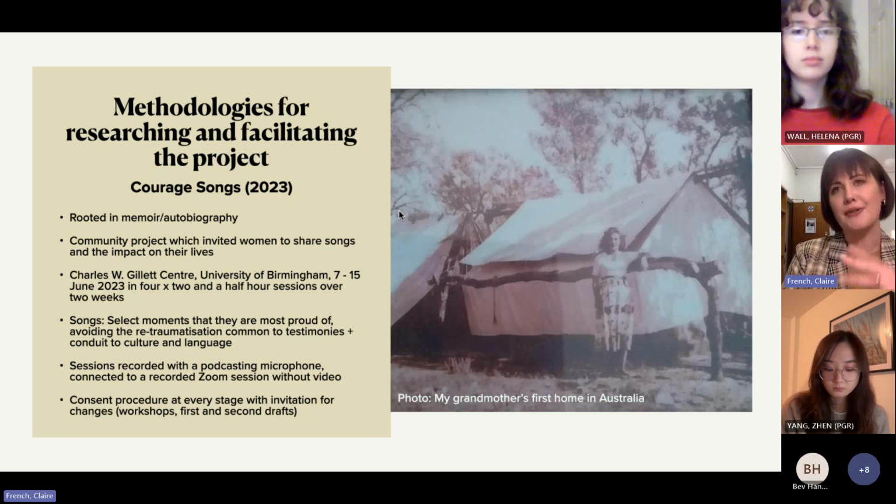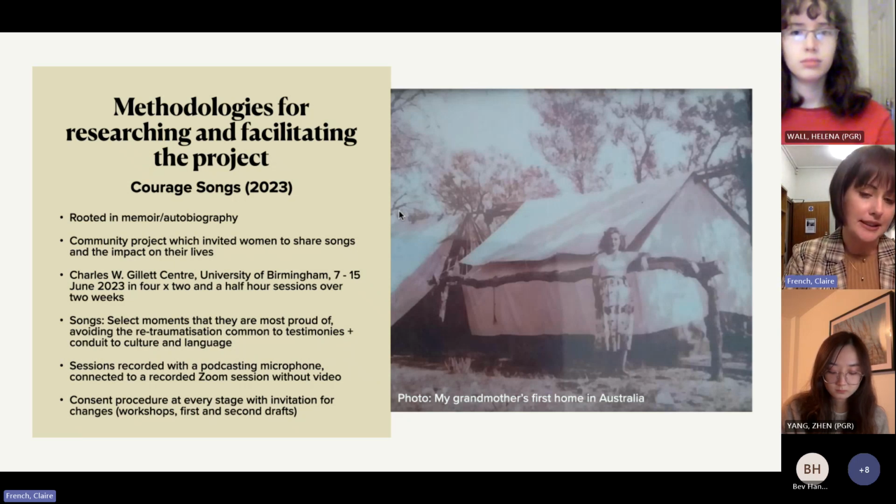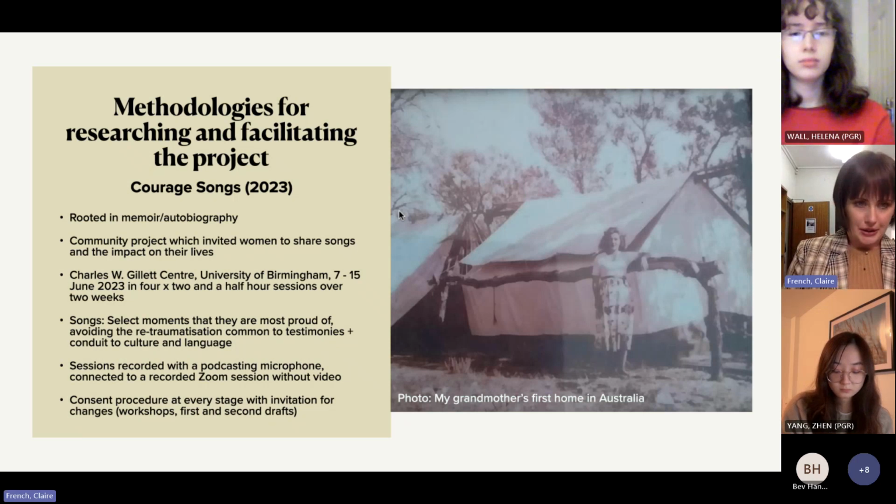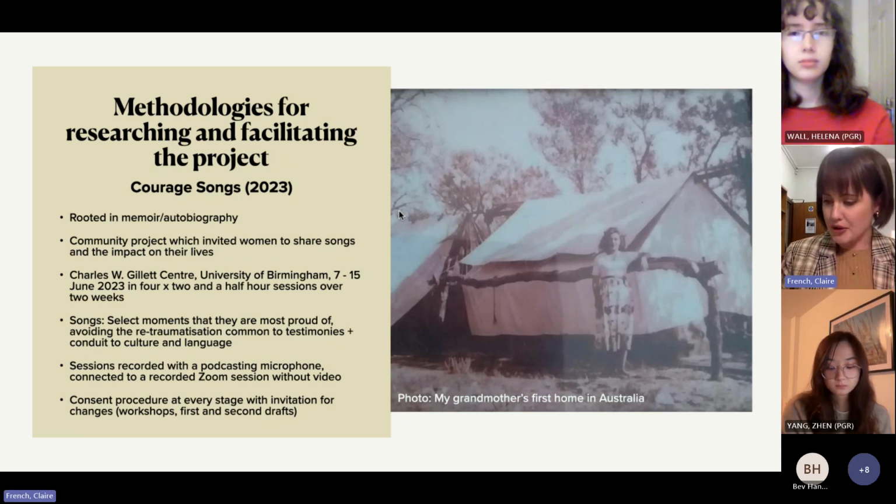But because of our friendships before then, we really deep dived into the sessions. And even though the offer was to bring one song, most women came along bringing 3 or 4 songs every session, and they went for much longer than we really planned to. And it all became kind of messy in terms of a community theatre project, but was incredibly invigorating for all of us. So that's a bit of an overview of the project itself.